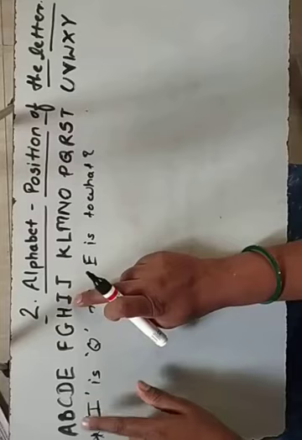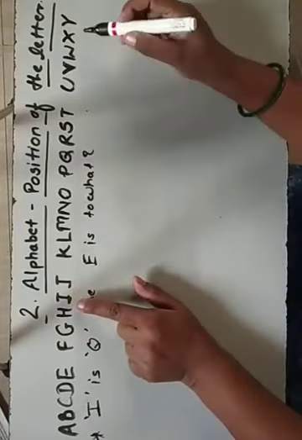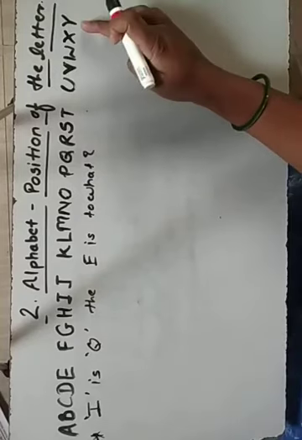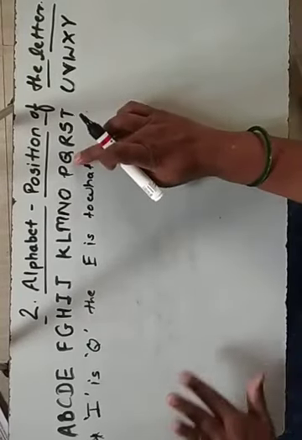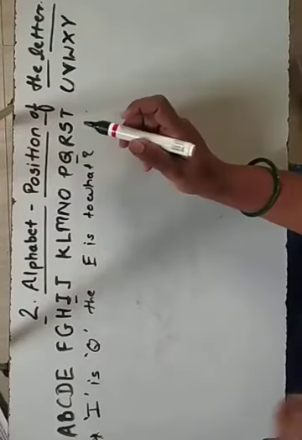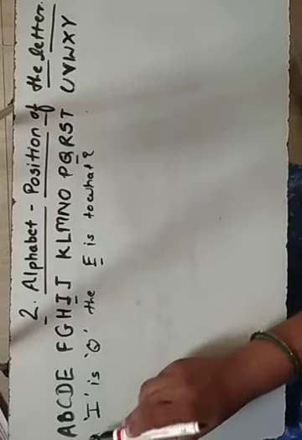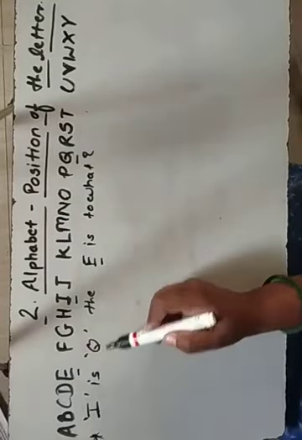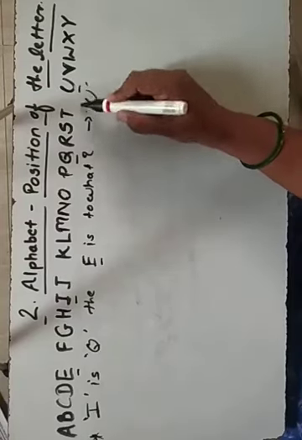It is 5, 6, 7, 8, 9. From the right side, if we observe this I and Q, from the right side Q is also at the 9th position. Means from the left side I is at the 9th position, and from the right side Q is at the 9th position. We have to find the same relation with E. So E is 5th from the left. So from the right side, who is there? U is there. So its answer is U.